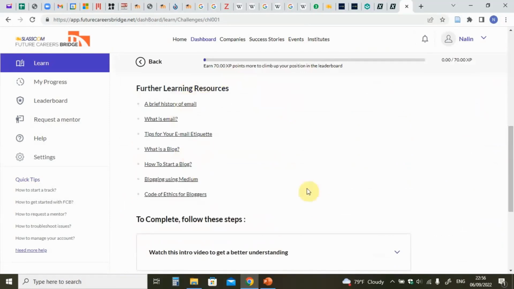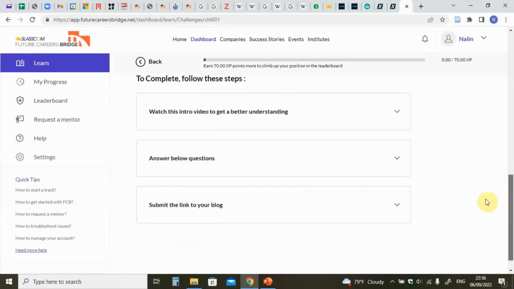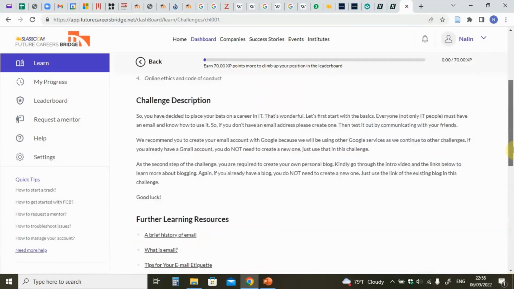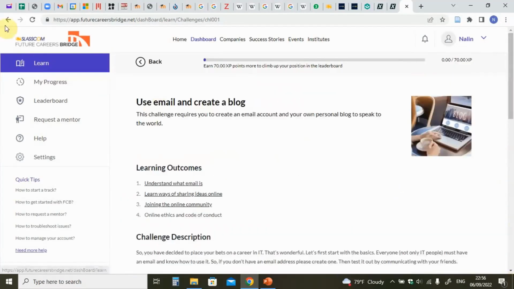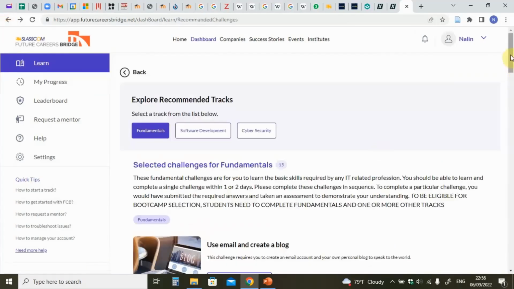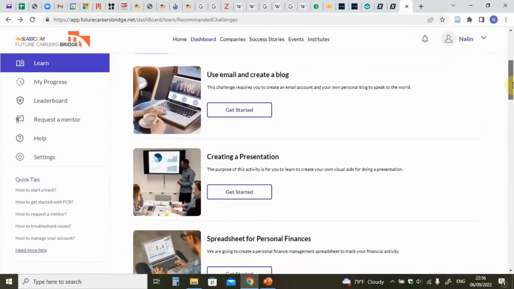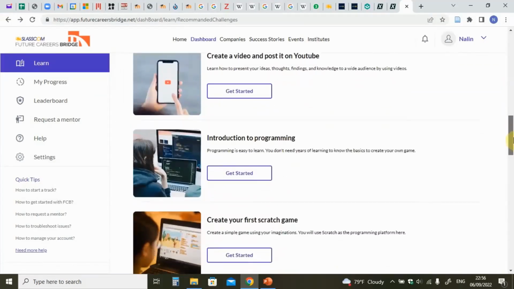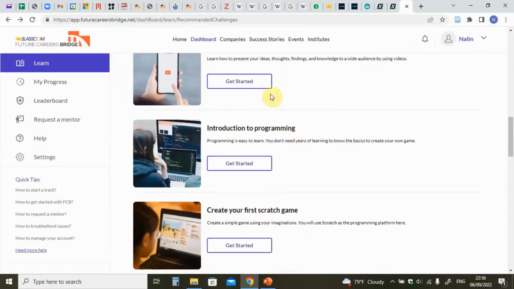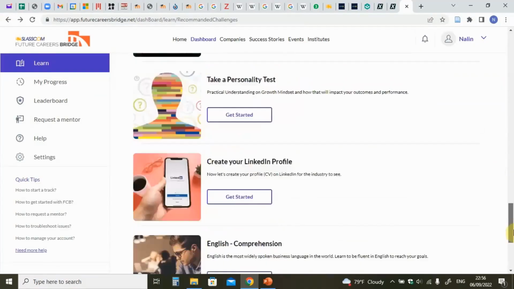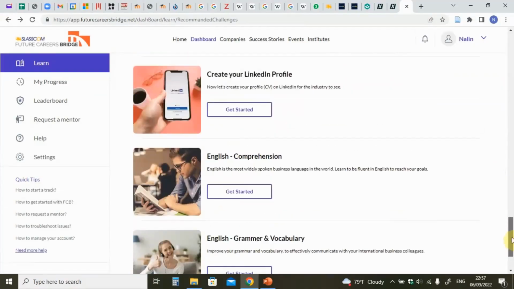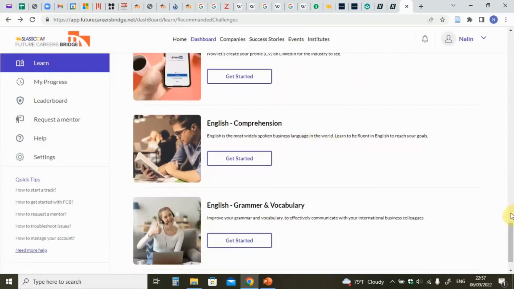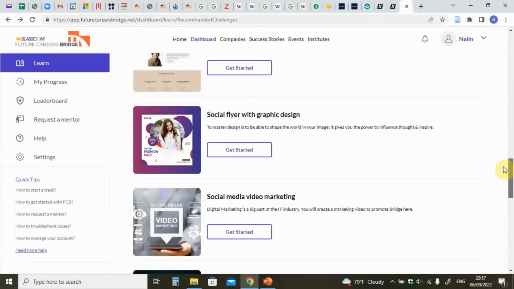It will give you some information to read, maybe a video for you to watch, and tell you what to do to complete the task. All the challenges have all this information. All you have to do is read it and do it. So if you look at the fundamental challenges, except for two related to computer programming, you will see that they are all related to communication, including two related to English. Right?